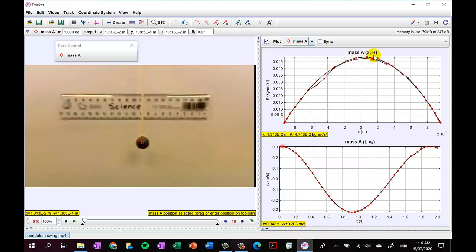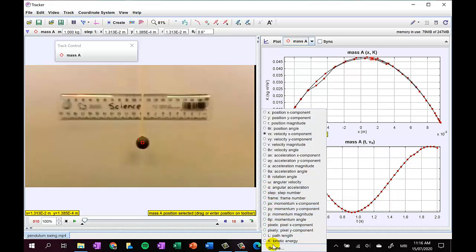So we can see that the kinetic energy at max displacement is pretty much 0. At equilibrium it's a maximum, and then at max positive displacement it's 0 again. We want a second graph here of potential energy. So what we're going to do then is click this button and go down to define,